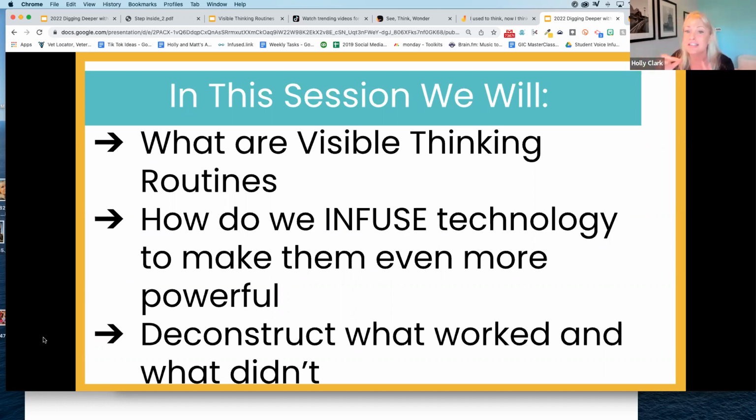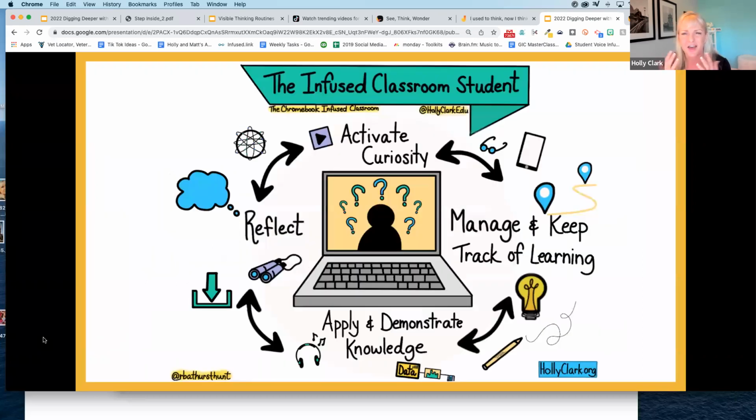So we're going to deconstruct together in the chat what worked and what didn't work. And we're going to have a framework, hopefully, that teachers can do, because I am telling you, everyone was doing Jamboard in remote learning and now no one's using it. So I'm trying to understand how I can get these teachers to move.